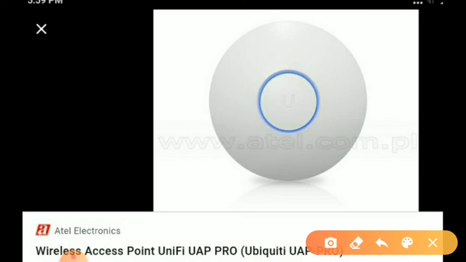Okay, a wireless access point is a hardware device that establishes connection of computer devices on a wireless LAN with the fixed wired network.